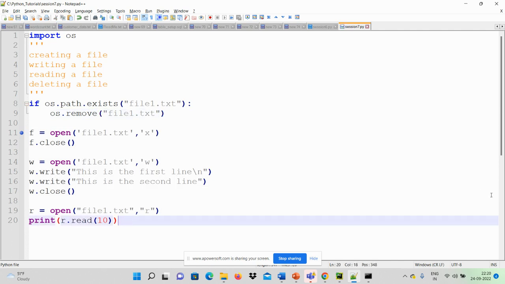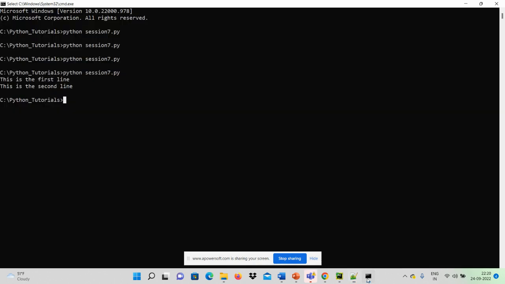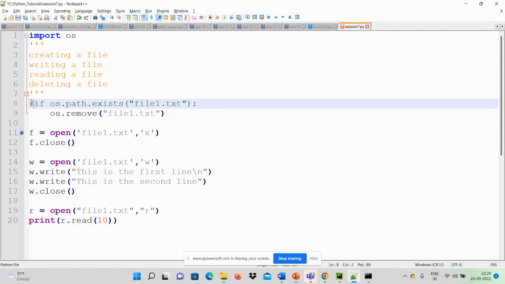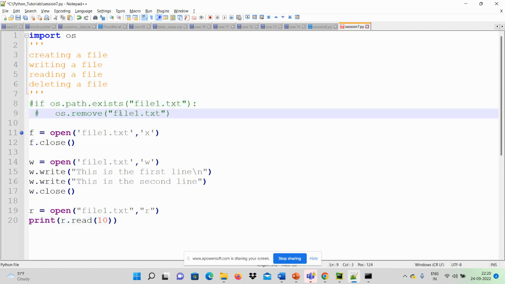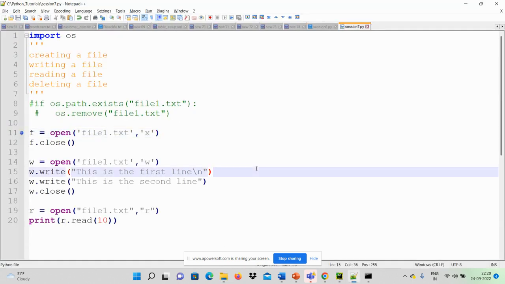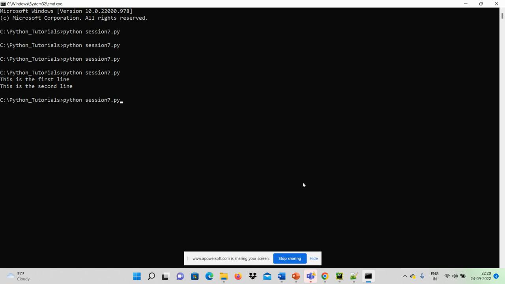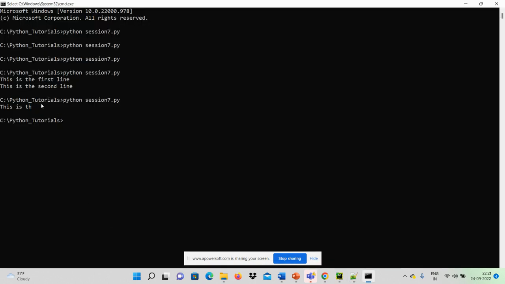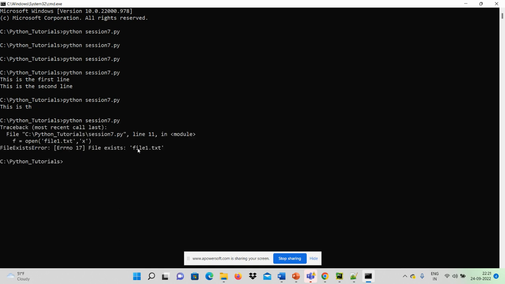Now I save this. I go back to CMD. Let me try what if I don't put this in. This will give you a better idea. For now I have deleted it. I save this, and I try executing this function. Since we put 10 in the parenthesis of the read function, we see the first 10 characters. Now if we try running it again, we see an error being thrown,